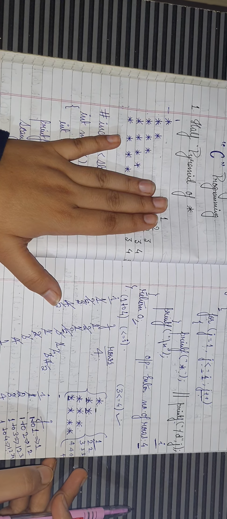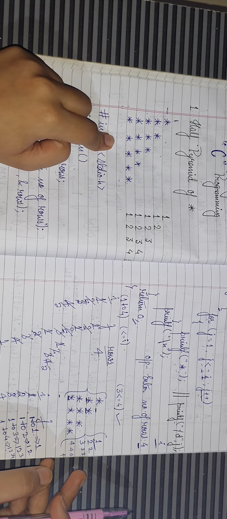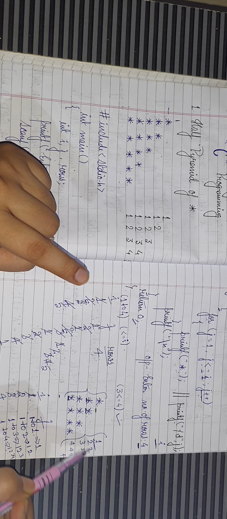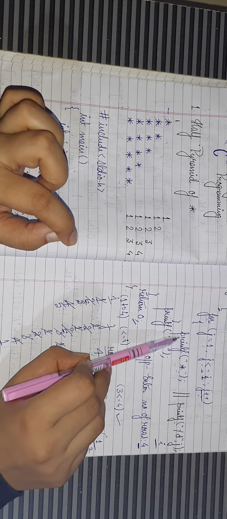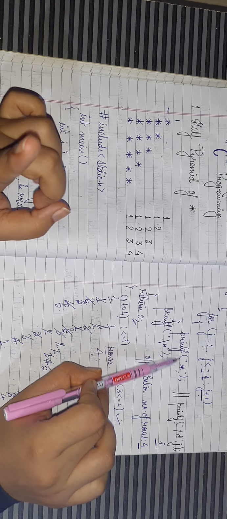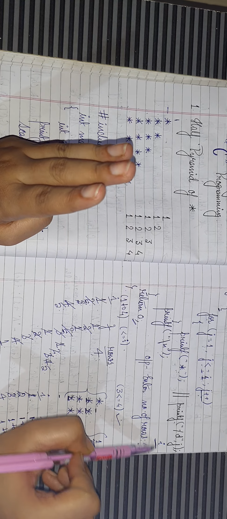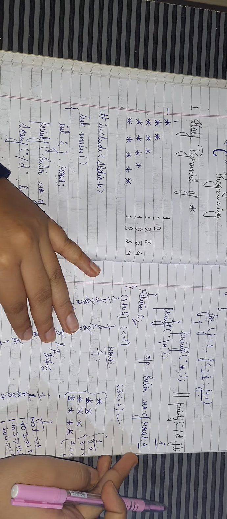So in this half pyramid of stars, you got three types: how to print these stars, how to print 1 2 3 4, and how to print 1 2 2 3 3 4 4, like this, okay. Just a small change in the j loop, that instead of printing the star, you can print the j or you can print the i, which will give you different types of patterns, right.